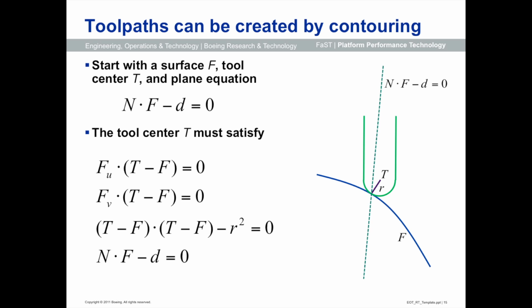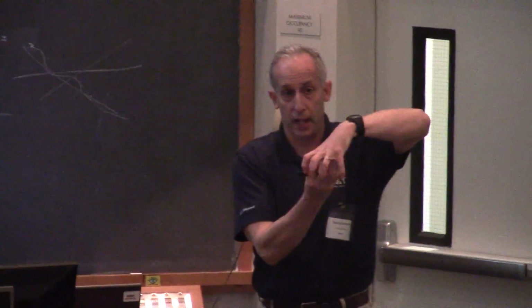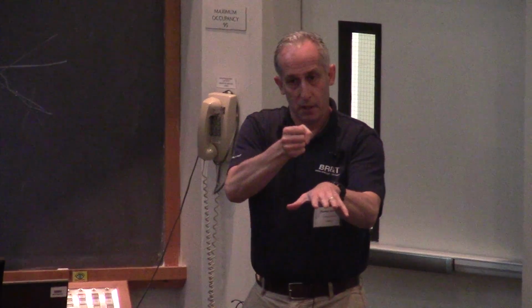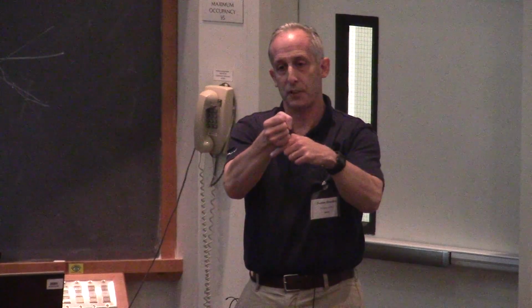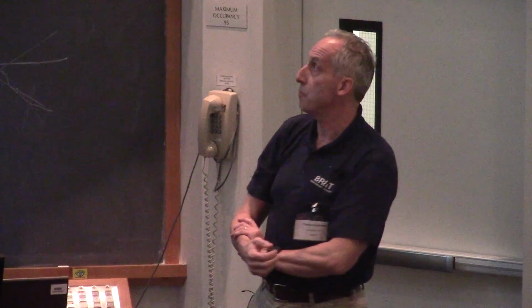Suppose that I want to solve a machining problem. One way that's typically done is, you have a cutter and a surface, and imagine I've got a cutter that looks like this. It is a spherical end mill. What I want to do is to drive the cutter along that surface in such a way that I've got tangency contact between the cutter and the path along the surface that I'm driving.